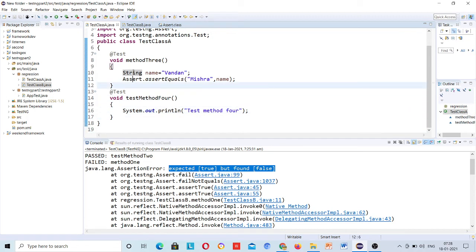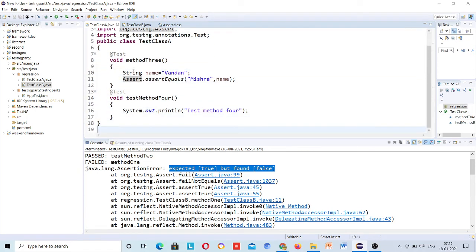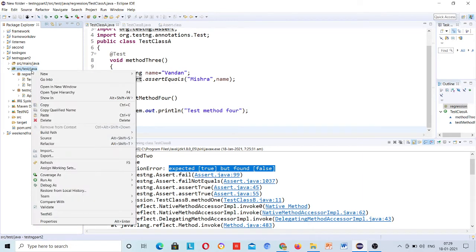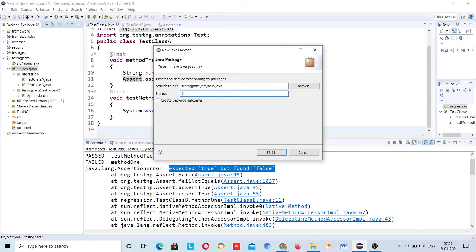Okay, so these two are failing. Now where are the listeners? For creating the listeners, you have to right click and create a package, and inside the package give the package name listeners.